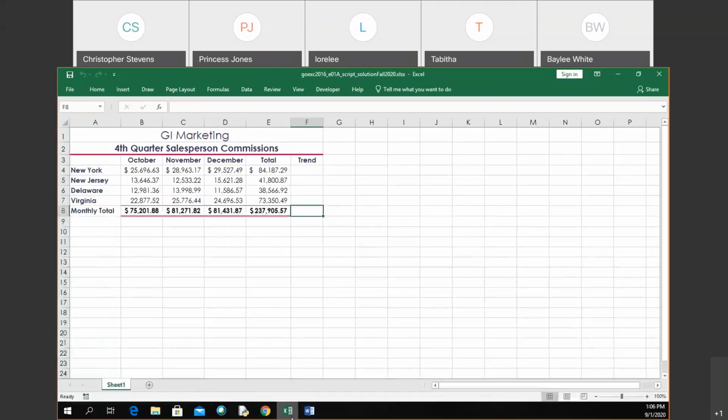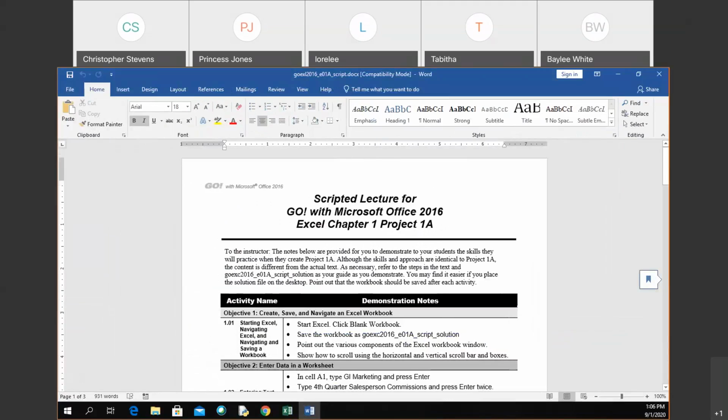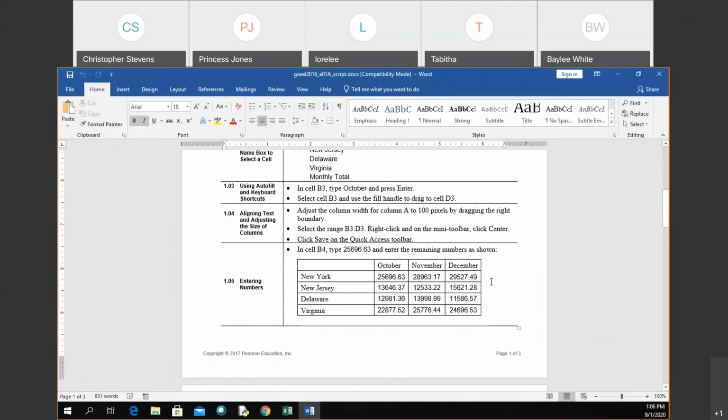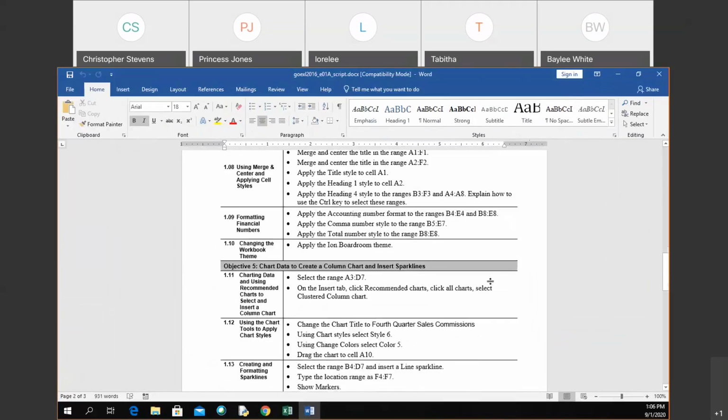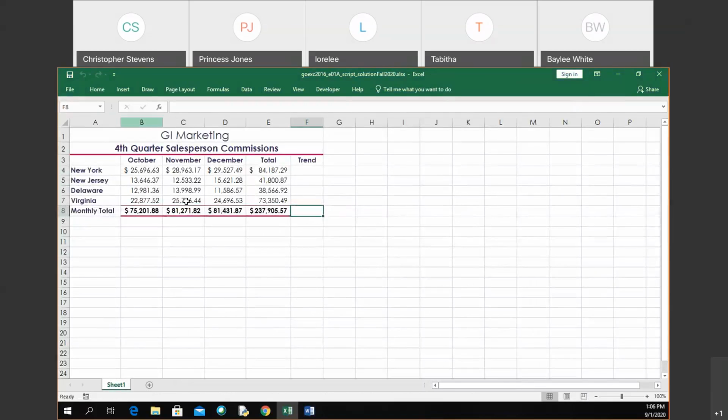So this is where we left off, and in case you guys do not recall, this is what project 1A looked like. And we were on objective 5. Yeah, there it is. So the part we were going to do now was to work on the trend lines that we saw. So again, we changed the theme. Everything was more of a bluish color before. And go back to making these be